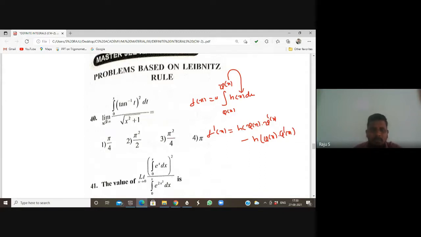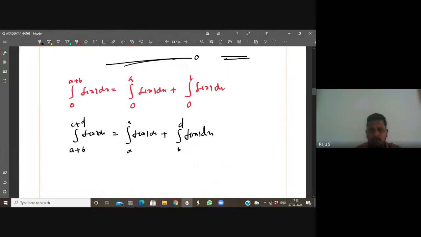So here, limit x tends to infinity of the integral from 0 to x of tan inverse x t square by this. What I want to do is differentiate this. This is the f of x I want to take. I want to differentiate. Look here, what is the question they have given? Limit